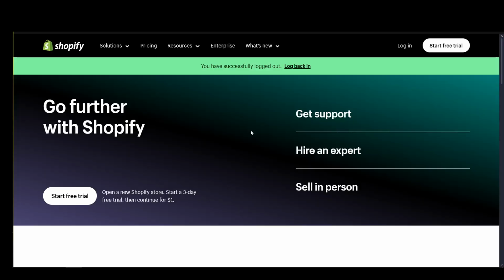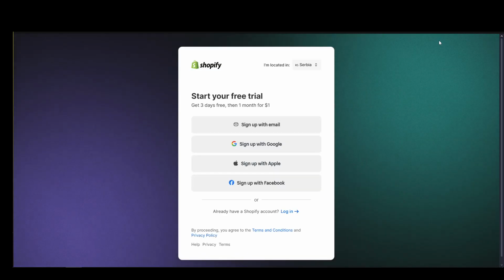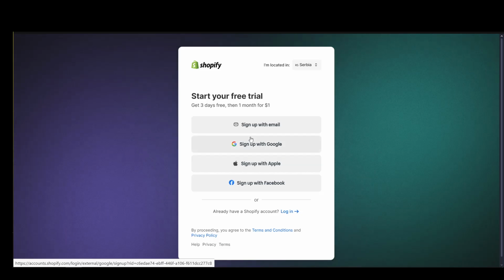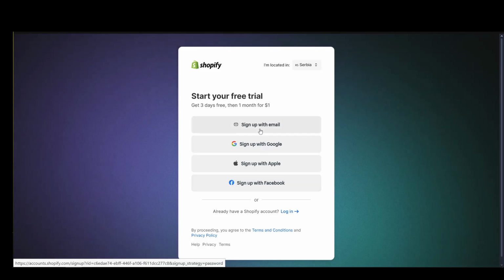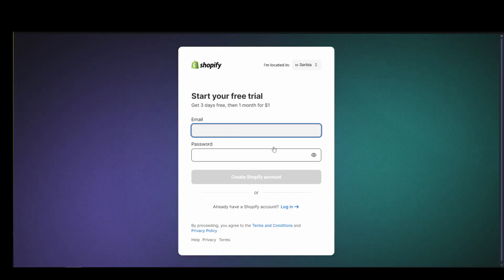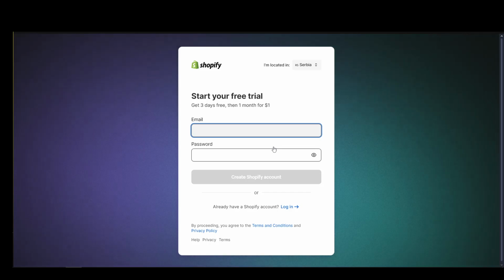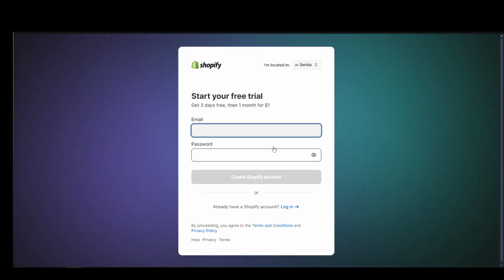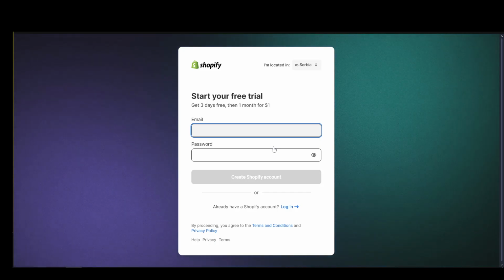Now, this is going to take me to the login page and here you can click on start free trial, which will then give you a free trial for 3 days and then you can sign up however you want. Now, you can sign in with your email or with Google, Apple, or Facebook. I'm just going to select email, and now you're going to have to select an email and a password. Once you do this, you're going to then have to go to your email and verify your account, and once you do, your Shopify will be started,